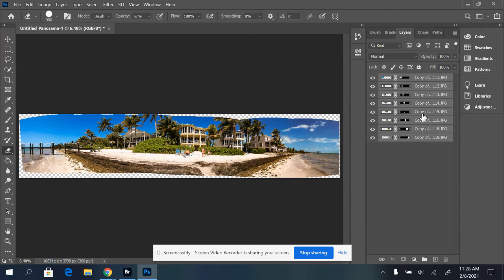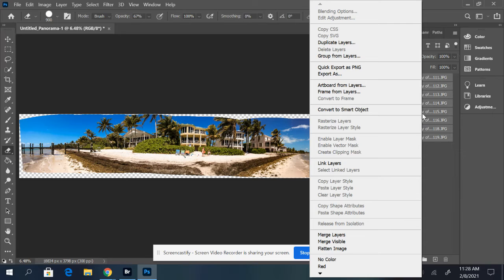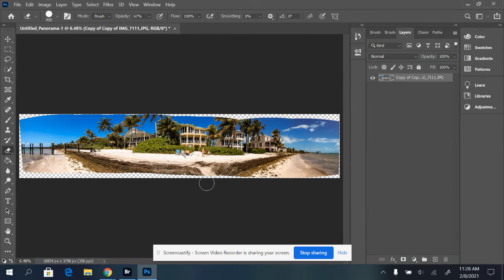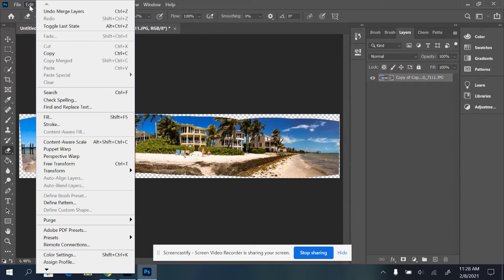So mine already highlighted. I'm going to right-click, and I want to merge my layers. So here's merge layers right here. Now they're one big layer. So I showed you guys puppet warp last week in Photoshop as well. So I'm going to go to Edit, Puppet Warp,